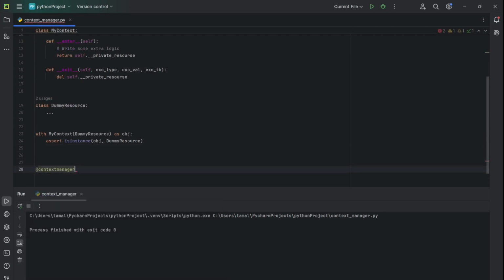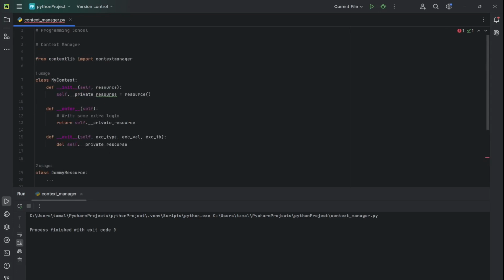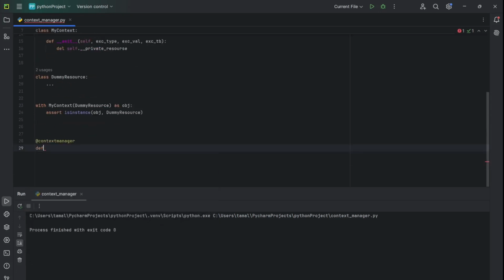I think I have covered decorators in my last video. If you want, you can check how decorators work and everything from there. And then you create a function that is my own context. Okay, and then within this function you just create a